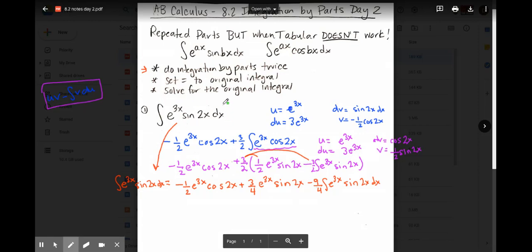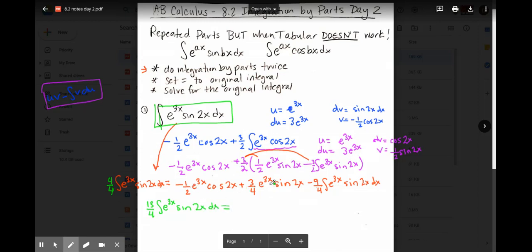We're solving for what this integral equals. Well, you have that integral on both sides. So you got to get it all to one side. So I'm technically going to add 9/4 over here, which is really 4/4 because it's just 1. So if I add 9/4 over, I'm going to have 13/4 the integral of e to the 3x sine 2x dx